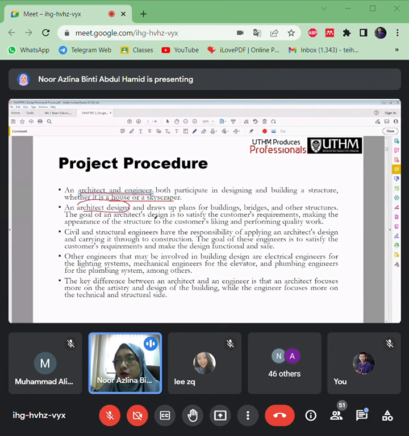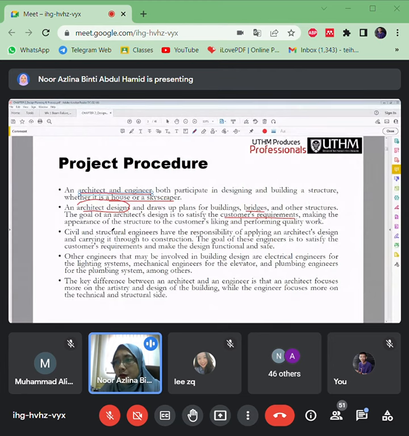They will draw the plans of a building, or maybe a bridge or other structure, and the goal for the architect is to satisfy the customer's requirement. What does the customer want? What kind of building? So they have to follow.